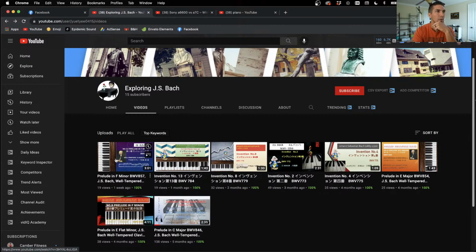So I get why you have the piano there, but at the same time, I might have taken the keyboard, done it sideways like the one next to it, and then just choose one of these to put in there. Number 12 Prelude or Well-Tempered Book across the top bigger. So maybe you could put the piano across the bottom, his picture in the top left here, and then bigger words with less text, and then this above the piano, because